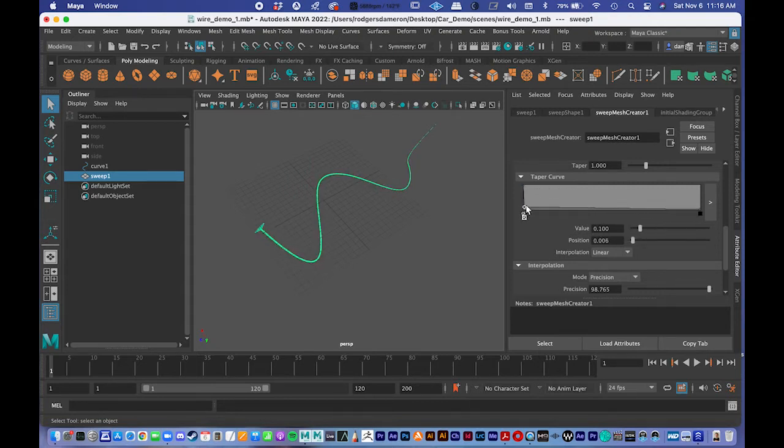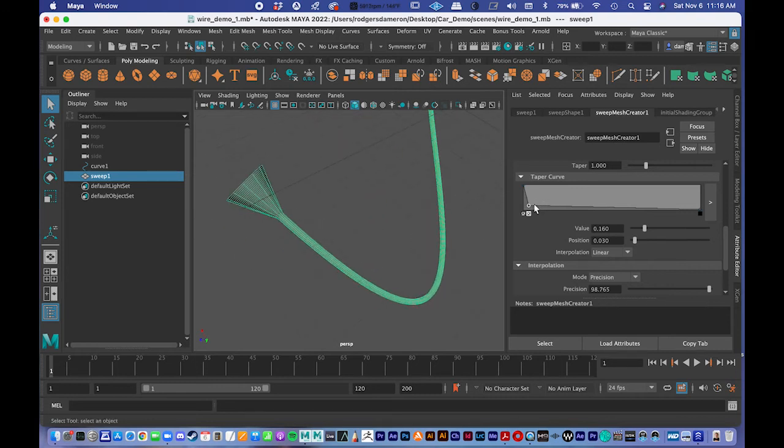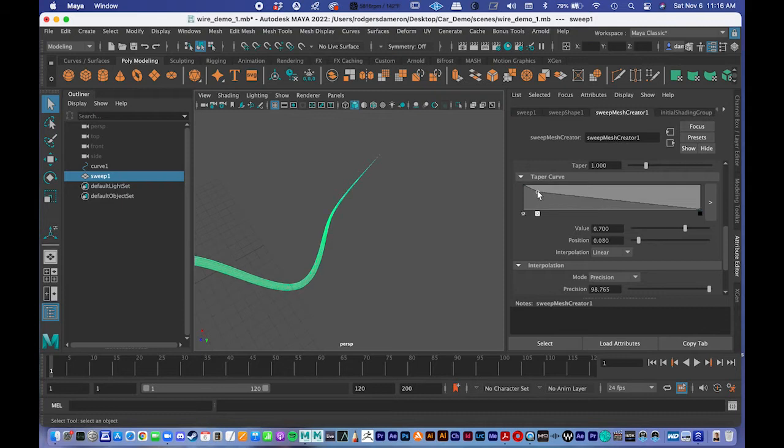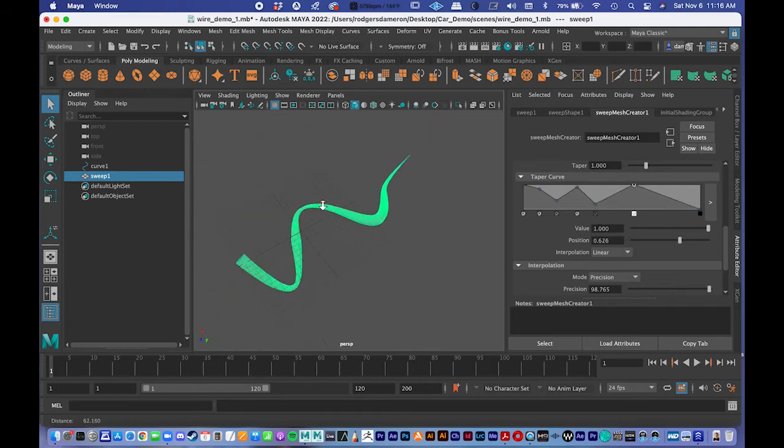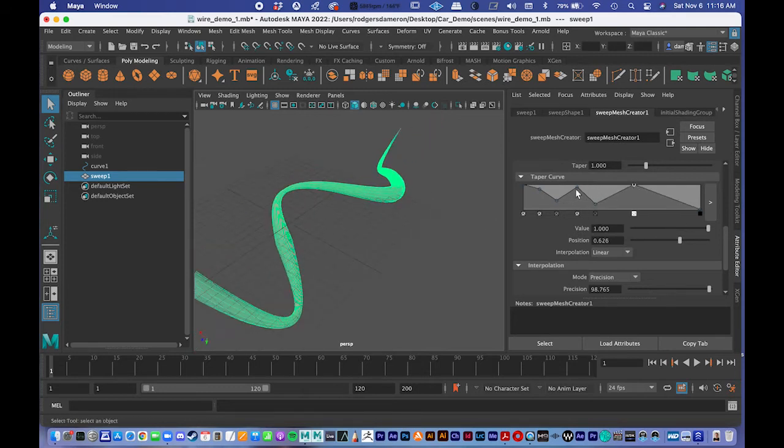You can see here I can make it so that it's really thick at first, like a funnel. Then it gets thin really quickly, looking at that graph. And it stays thin throughout and then just tapers off to a needle point at the end there, depending on how I draw this graph. And just drawing this graph, you can draw in custom shapes here. So you can end up with something